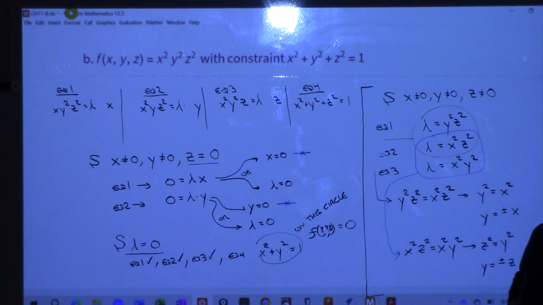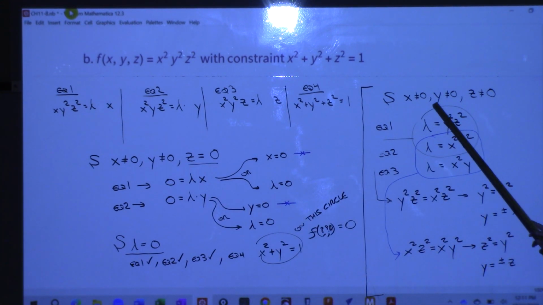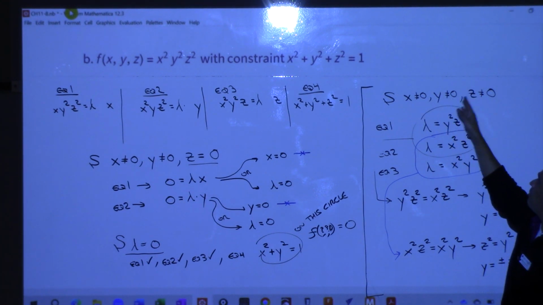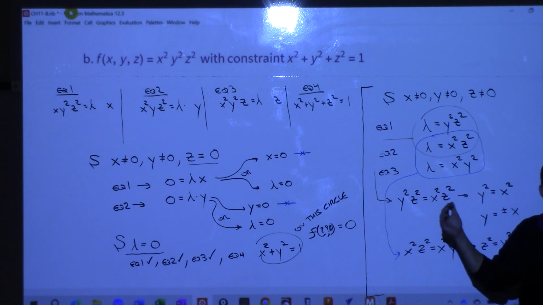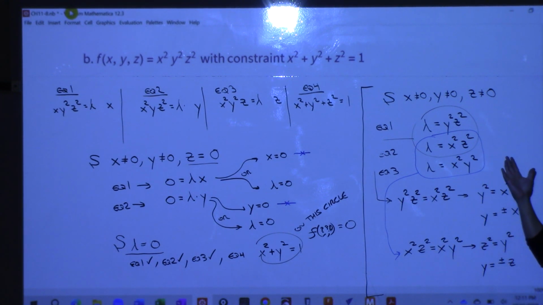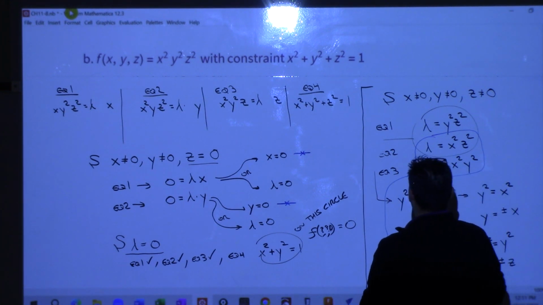And now that you think about it, you know how there were all these different cases we needed to look at? Like, what if x is not 0 but both of these are? Well, if any single one of these variables is 0, then the value of the function is 0. So we're actually done. Now I'm going to write it down though. I'm going to say after this,